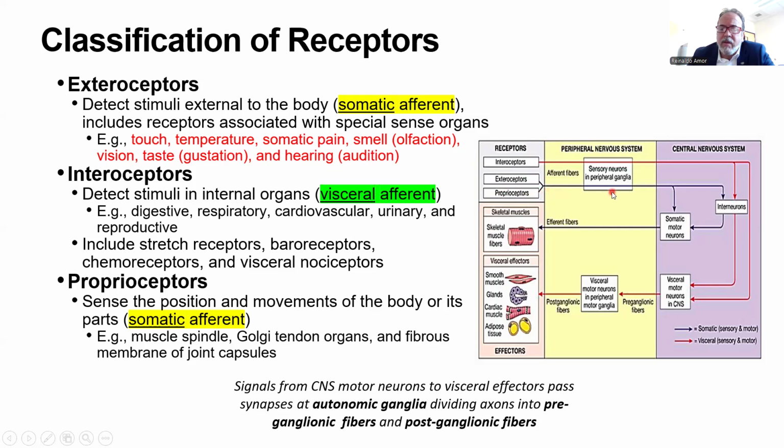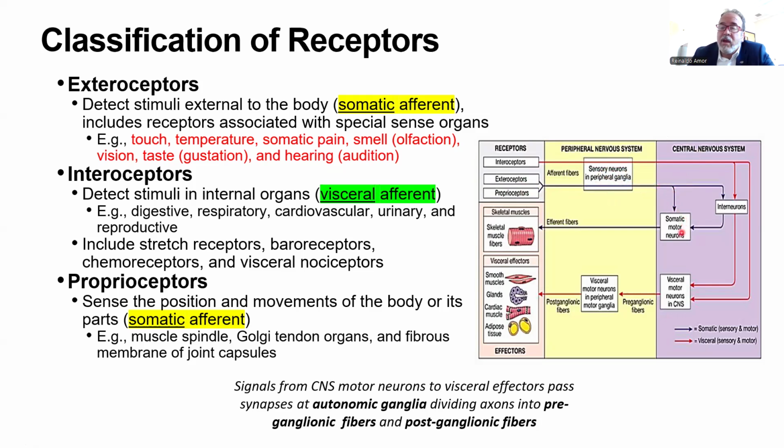In the peripheral nervous system, we have groups of cell bodies of sensory neurons, and we call those peripheral ganglia. Then we have the process, like the axon, that is going to extend into the central nervous system, and that information is going to be passed on or